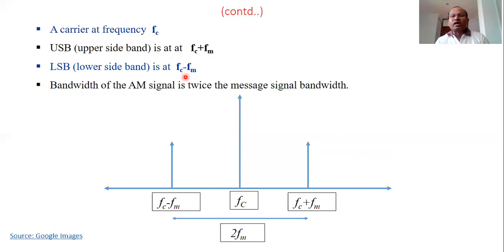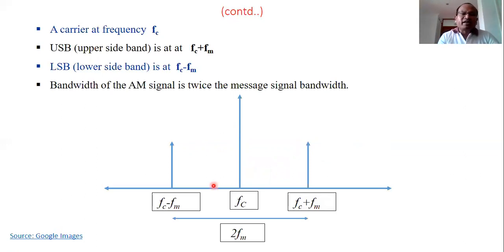Now, if you are interested to calculate the bandwidth, as I have told you previously, in amplitude modulation either of the sidebands carries the whole message. Is it there? Yeah, look at here. From FC to FC plus FM, what will be the bandwidth? How will you calculate it? Upper frequency minus lower frequency, that is FC plus FM minus FC. I'm just showing here with the help of the pointer: FM. So FM is the bandwidth of the message signal we are talking about.